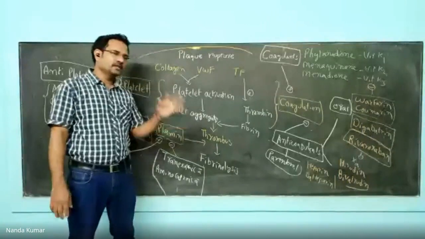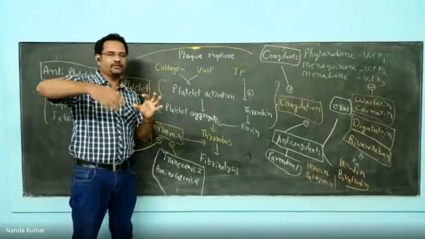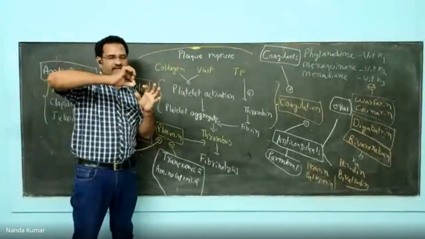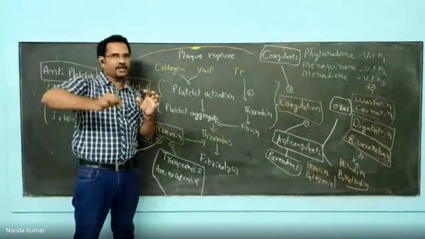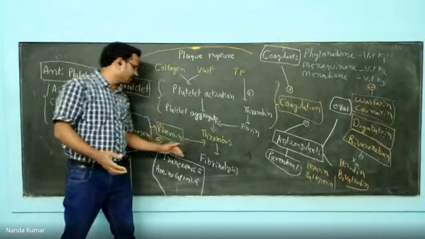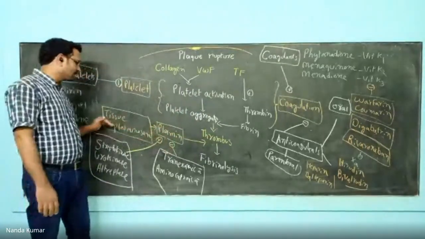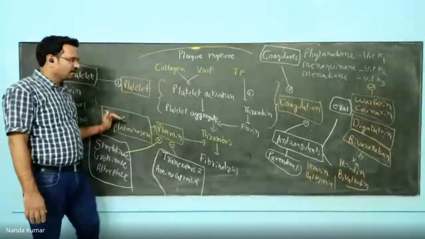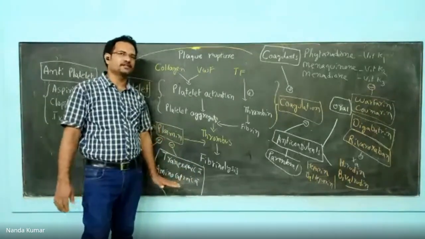What do you have in thrombus? Platelets tied together with fibrin with entrapped red blood cells. Once the tying thread, the fibrin, is broken down, the platelets will get segregated, no clot will be there. This occurs with the help of plasmin. Plasmin is released from plasminogen. So this process is called fibrinolysis.